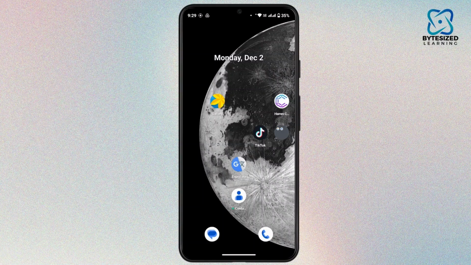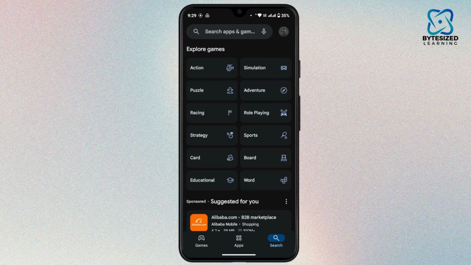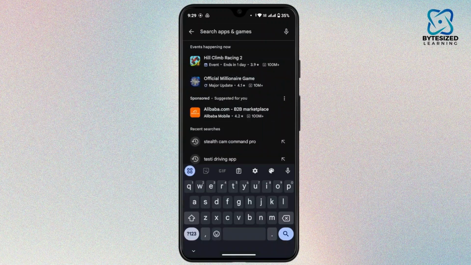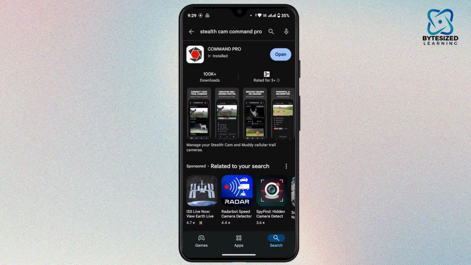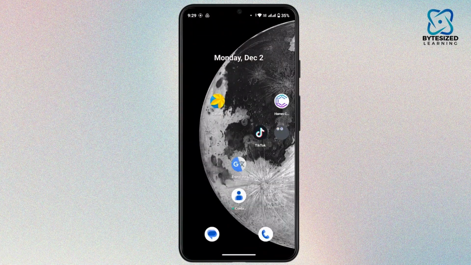is updated. Now, to check for updates, you have to open the Play Store. Tap on the search icon from the bottom right corner, and in the search bar, search for the application and tap on it. Here, if you find an update button, like where I have opened, that means the application needs to be updated to its latest version. Tap on update. Once the update is complete, go back and open up the application and check whether the problem